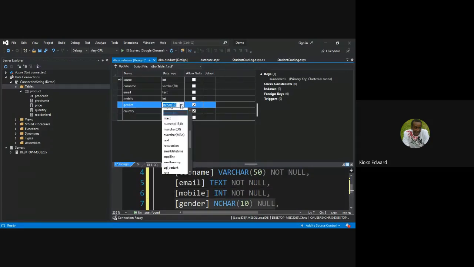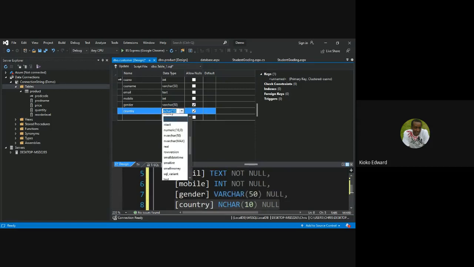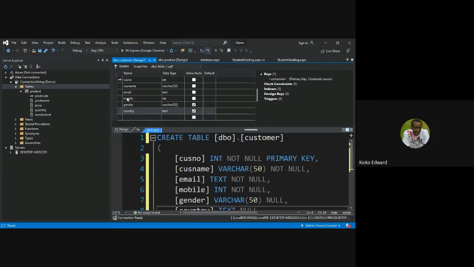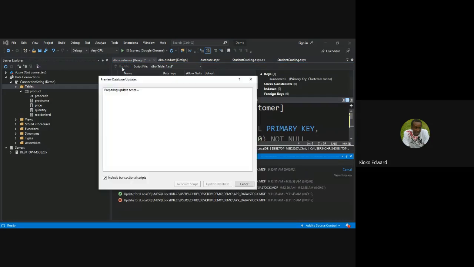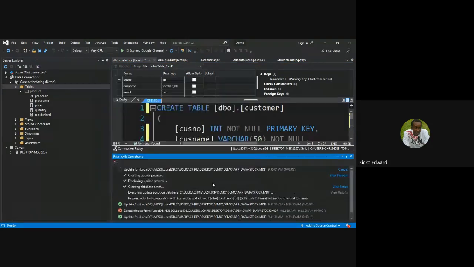Gender will also be a varchar of 50, although those are very many digits. And the country will also be of type text. Then once we are okay that that's the table we wanted to have, we can now update our database. Then click on update,